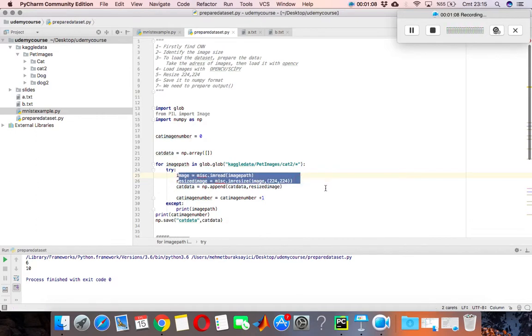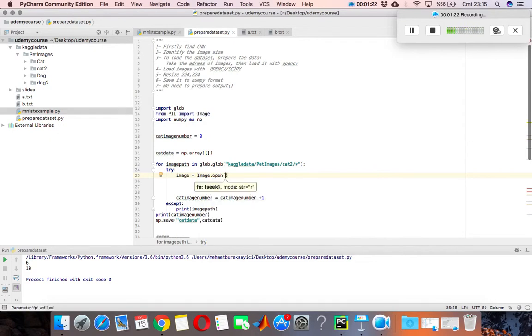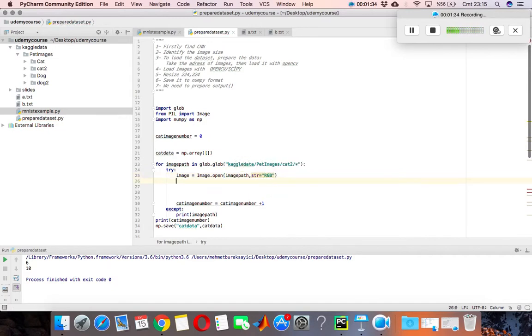Let's delete here, and let's say that we have an image, and we will open it by writing the image path inside of that, and our method is RGB. Also, we want to resize it, and we will be doing it by the thumbnail function, and this is the easiest way in the PIL library. This will handle the